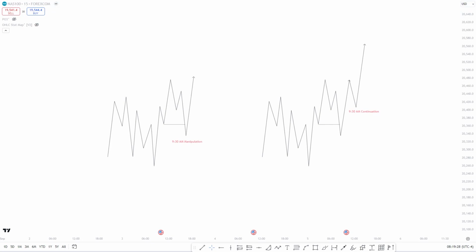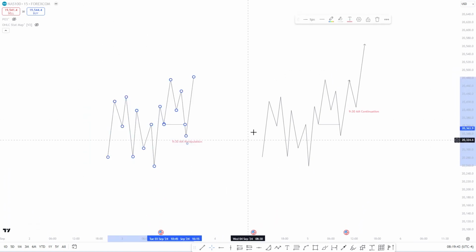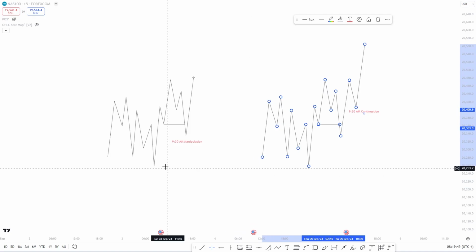Hello everyone, so this is going to be a video on my NQ model or my indices model. So let's jump straight into it. So here we can see we have this schematic right here, and I want you to assume that this is